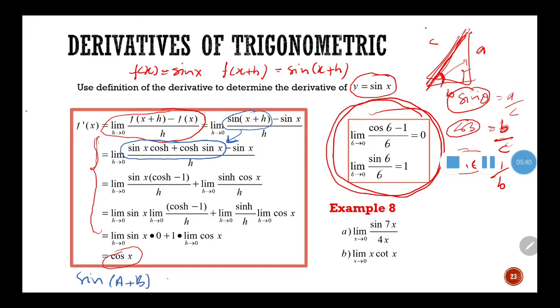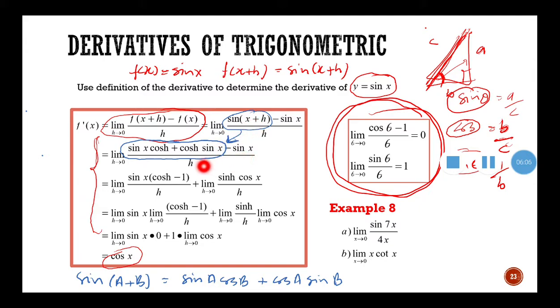We use the trigonometric identity, sin a cos b plus cos a sin b. I'm not going to discuss more on this. We have the identity that you proved a long time ago. So sin x cos h plus cos x sin h is equal to sin(x + h) here